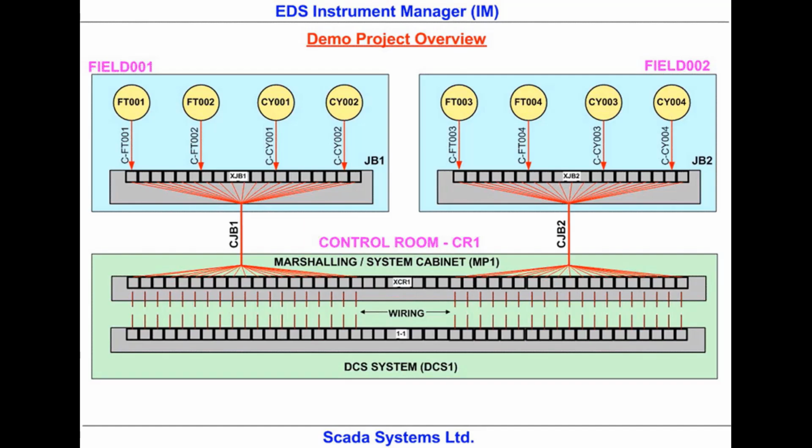In each area I will have a junction box, JB1 and JB2. These junction boxes will contain terminal strips, XJB1 and XJB2. The instruments connect to these JBs. From each junction box, a cable will run to a terminal strip, XMP1, in a marshalling panel, MP1, in the